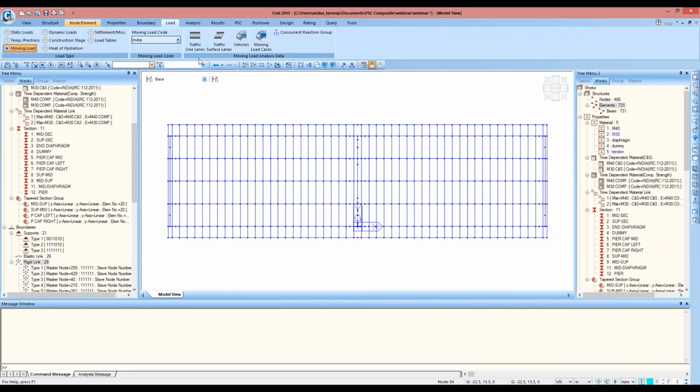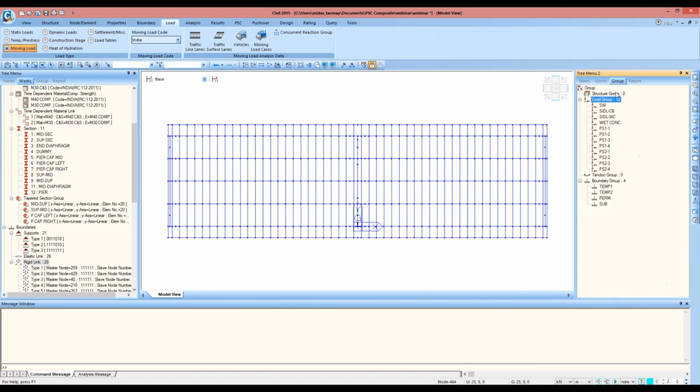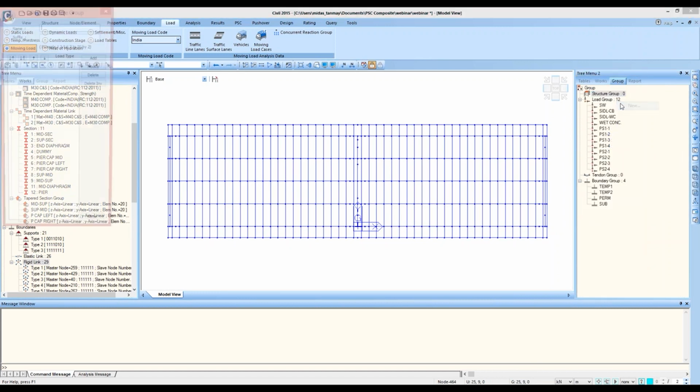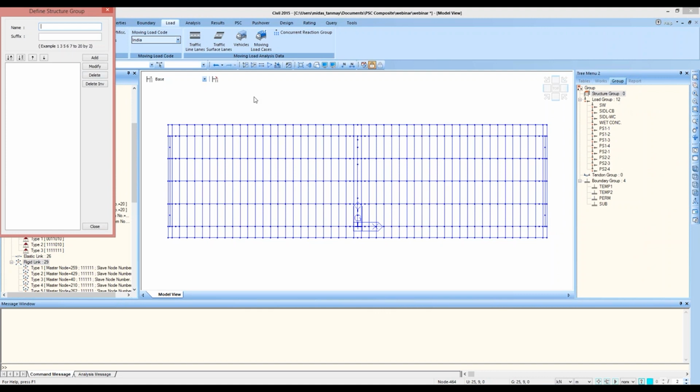Before doing that, we'll have to make a group of all the dummy members which will be used to define the lanes. To define the lanes for our grillage model, we'll have to create a group of all the cross beams, which are in our case the dummy members. So I'll go to group and I'll create a new structure group which will be defined as cross beams, and add.